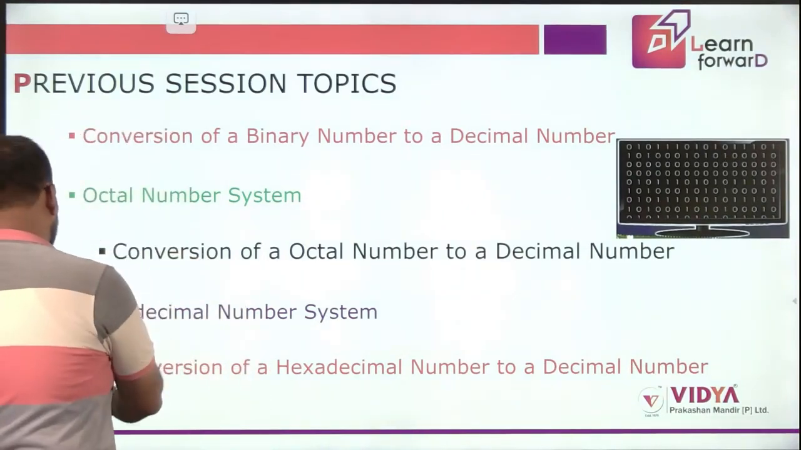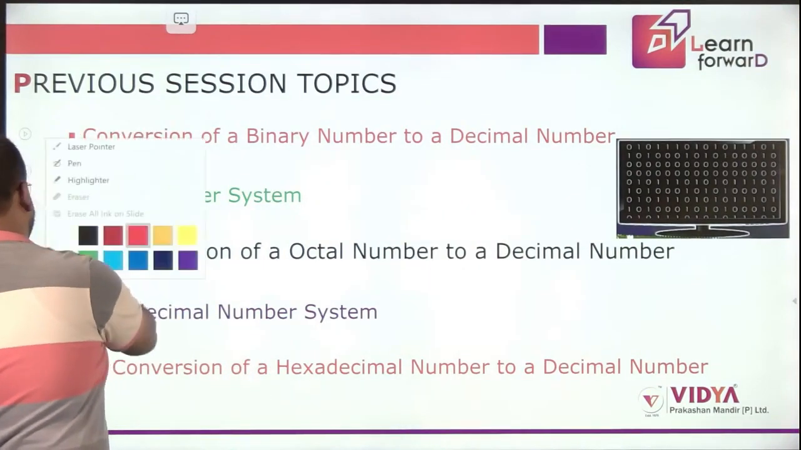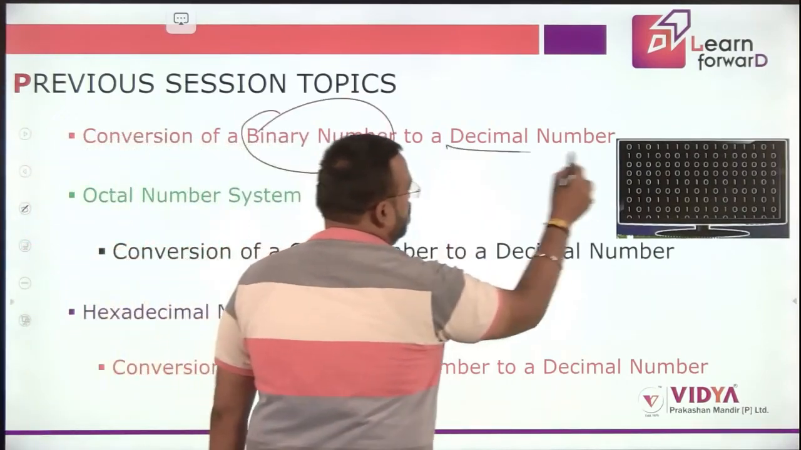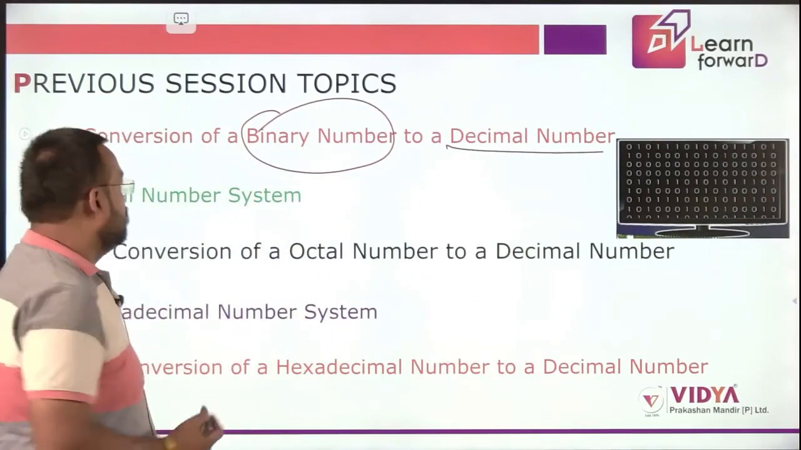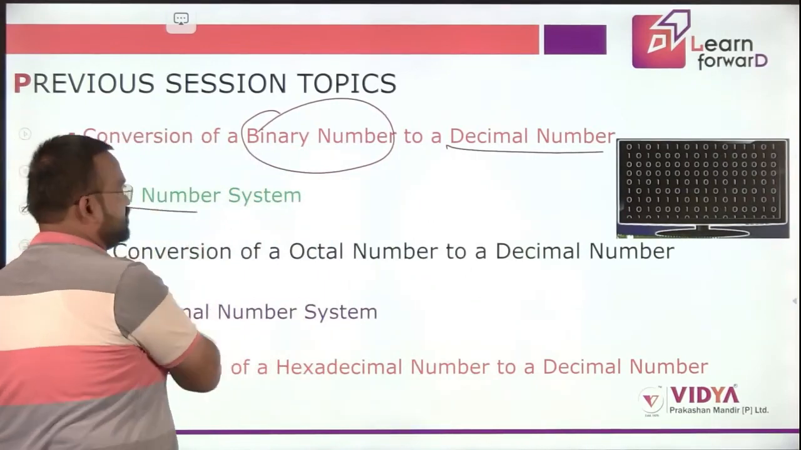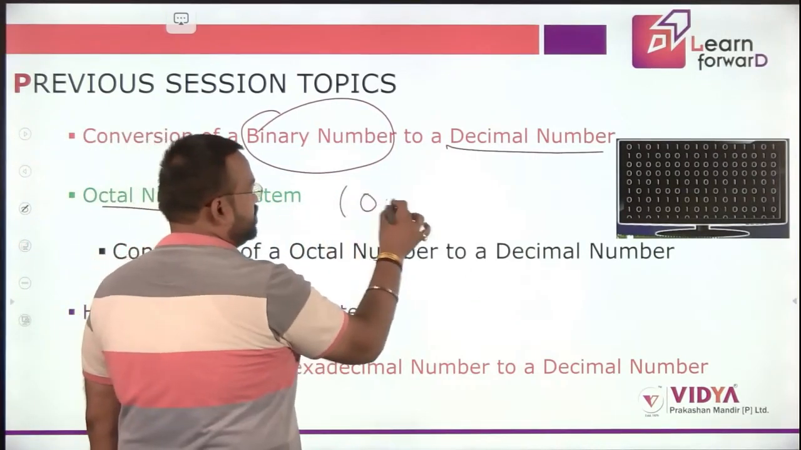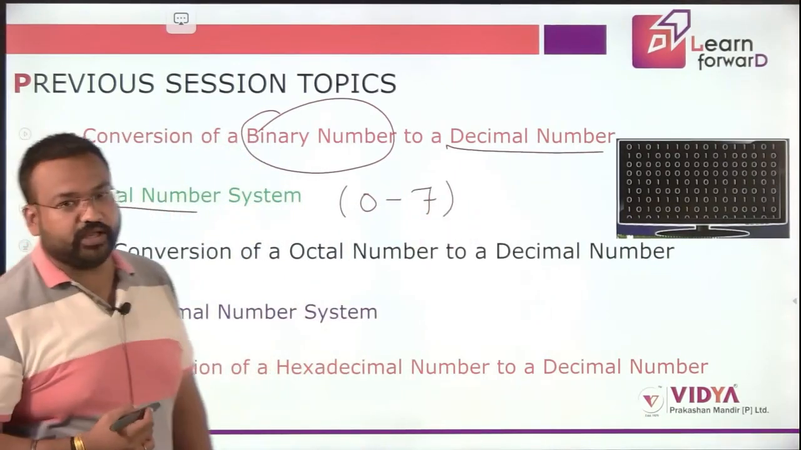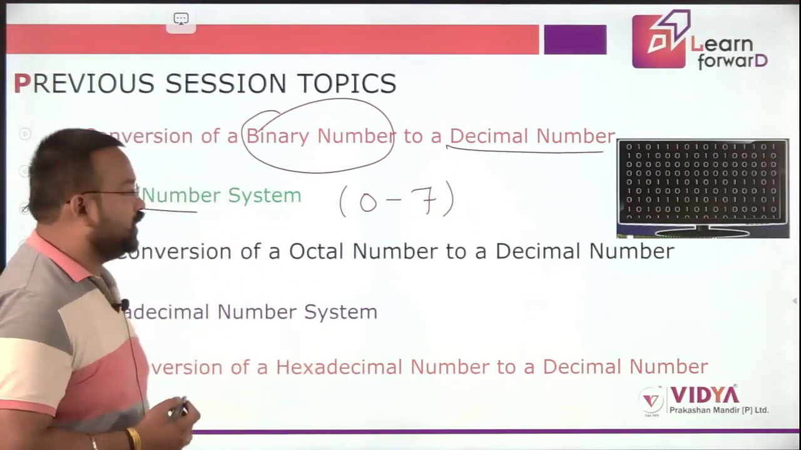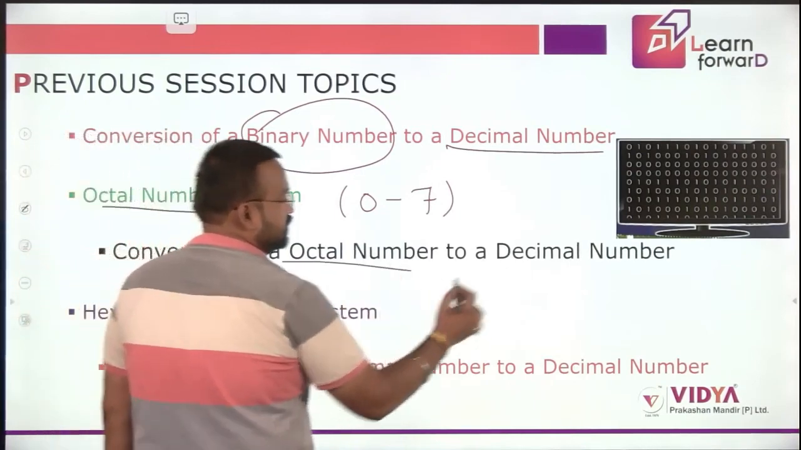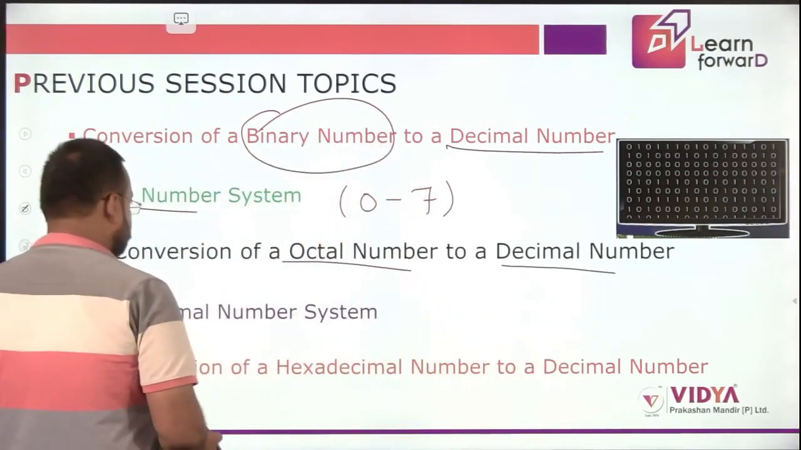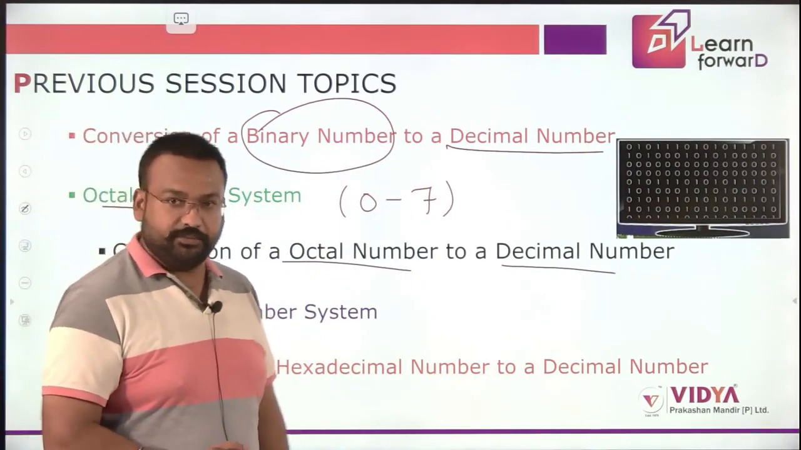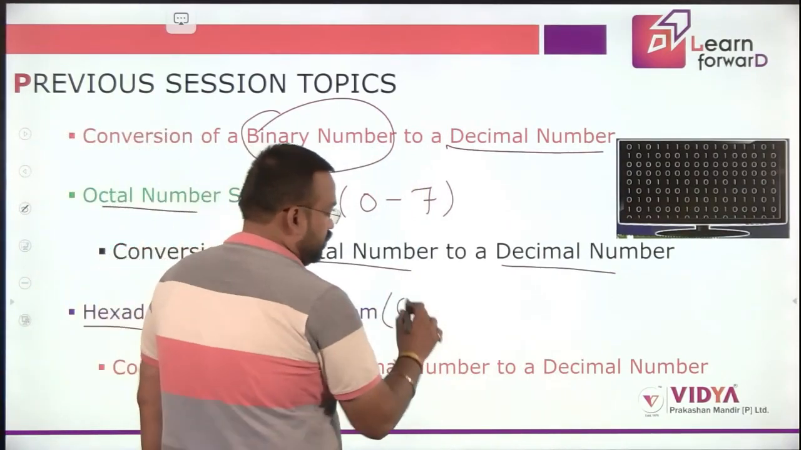So we have seen the conversion of binary number to a decimal number. We have seen the octal number system that consists of digits from 0 to 7. And then we have seen how we can convert an octal number to a decimal number. Then we have seen a new number system, that is hexadecimal number system, which consists of 0 to